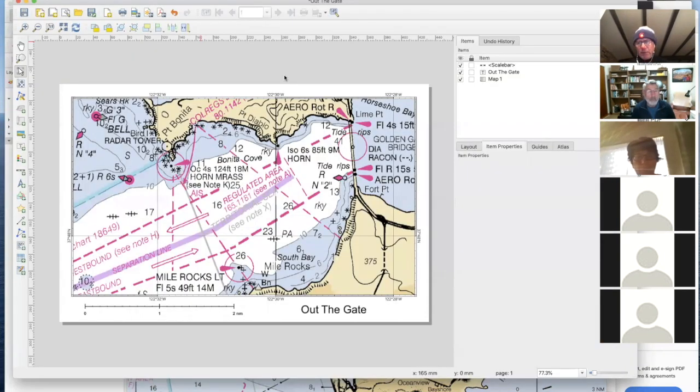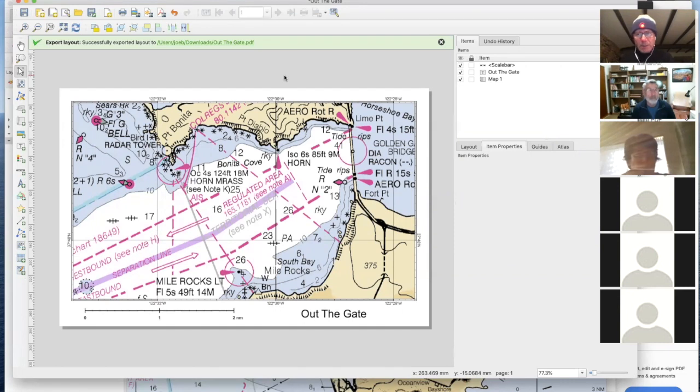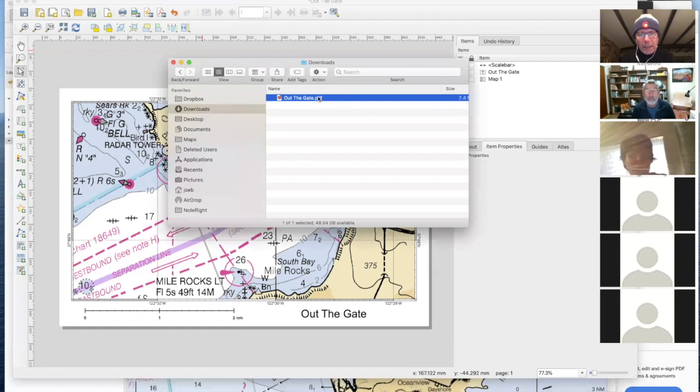And I have to sit here and wait while it clunks along and downloads a whole bunch of images from NOAA, stuffs them into a PDF. This is a good time to play the mandolin if you have one. Okay, here's our